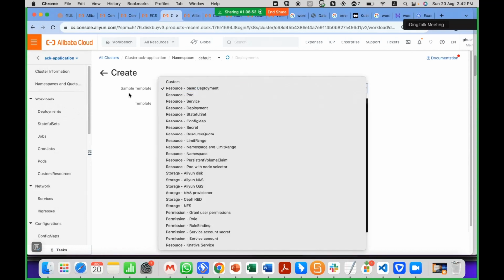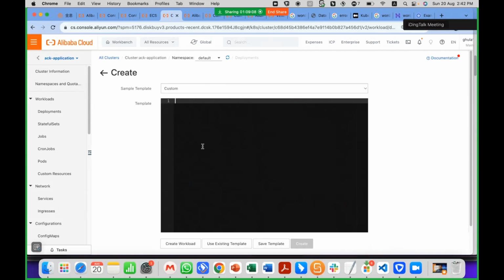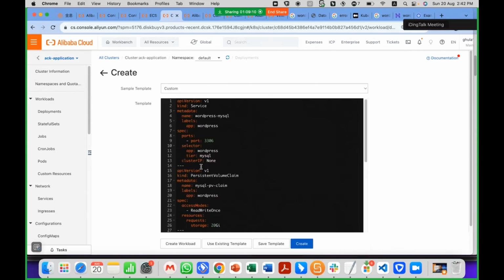There are a number of sample templates available for deployments, pods, and services, all these different types of options available for ACK. So I will choose the custom option, paste the same things as the PV I already created, remove these PVs, and deploy this.